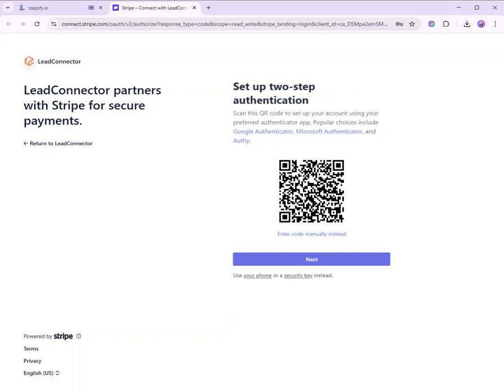So here we have the two-step authentication. So you're gonna scan this QR code to your Google Authenticator.